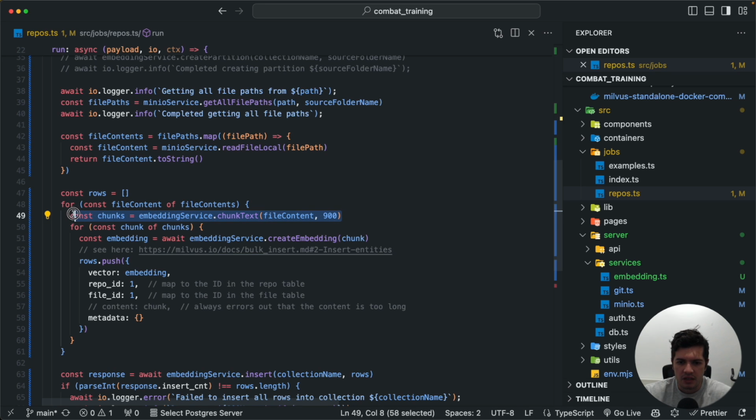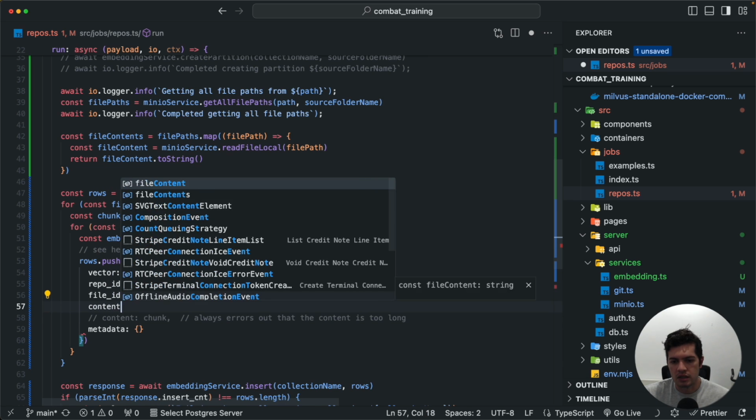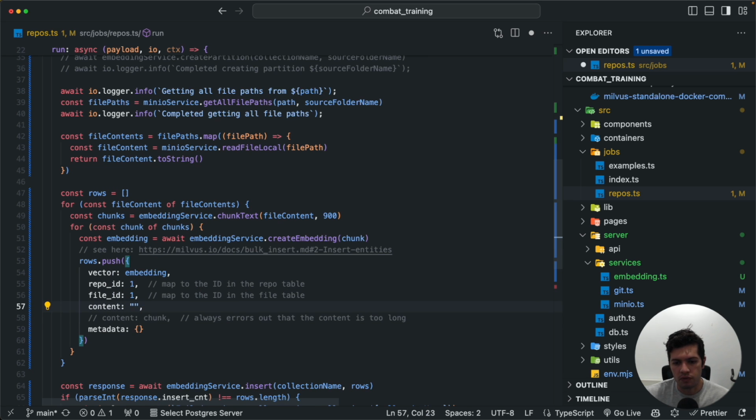It's just a very basic one, which chunks the text into a size. And I even put this slightly lower just to see, and this is always just giving the same issue. So for now, I'm actually going to remove the content field because it's just causing too much of a block at the moment. The vector embedding is not the issue. So if I just add a random content here, this will go through fine, and there'll be no issue, which